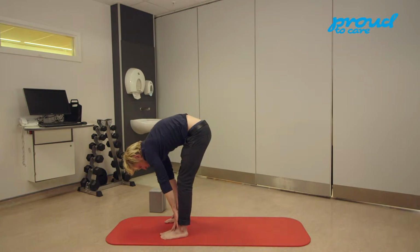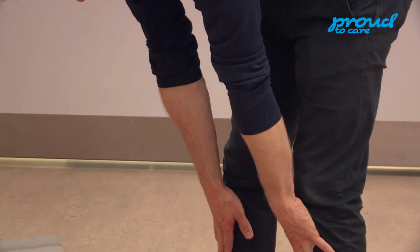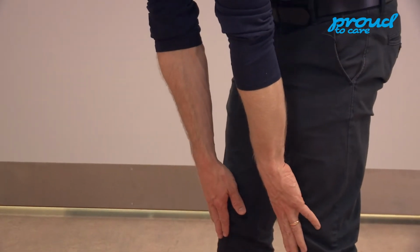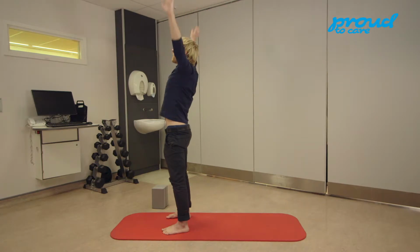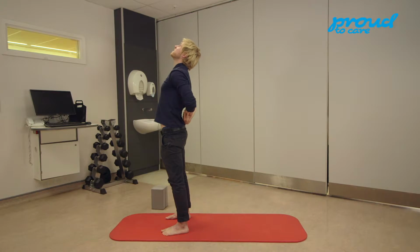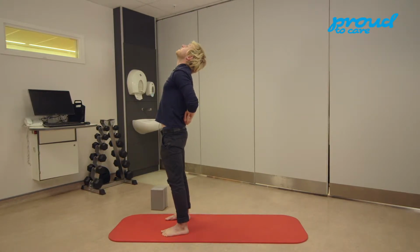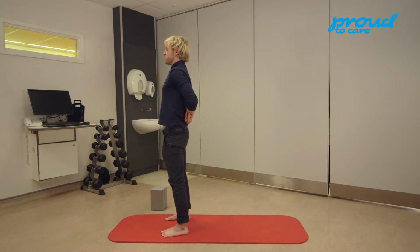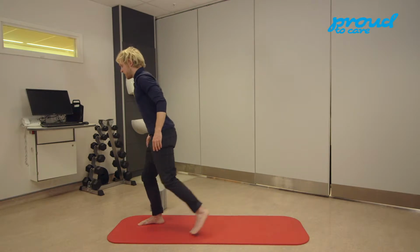As you inhale, vertebra by vertebra, segment by segment, slowly return back to a standing position, sweeping the arms up and behind and clasping either elbow, opening up through the chest and gazing up towards the sky. On the exhale, bringing the chin back down, stepping the right foot in front of you and the left leg